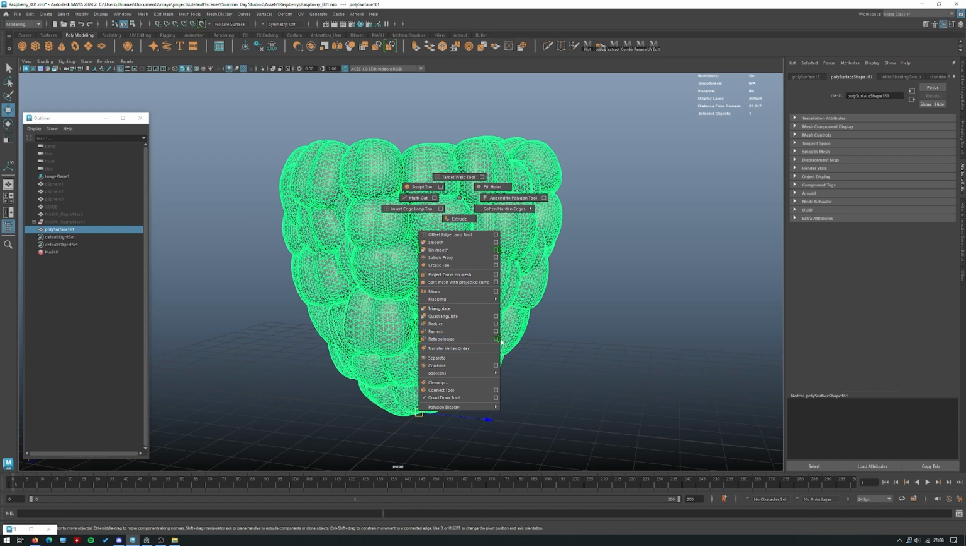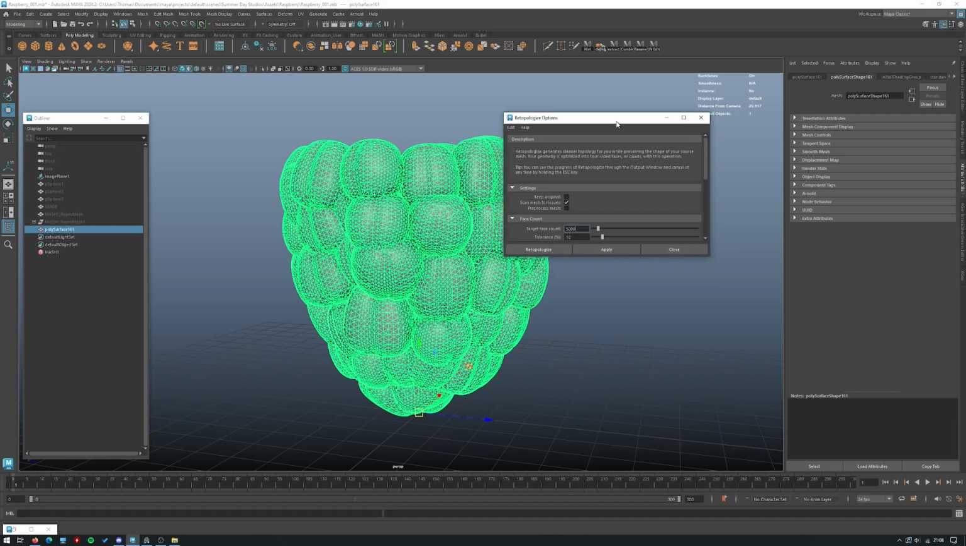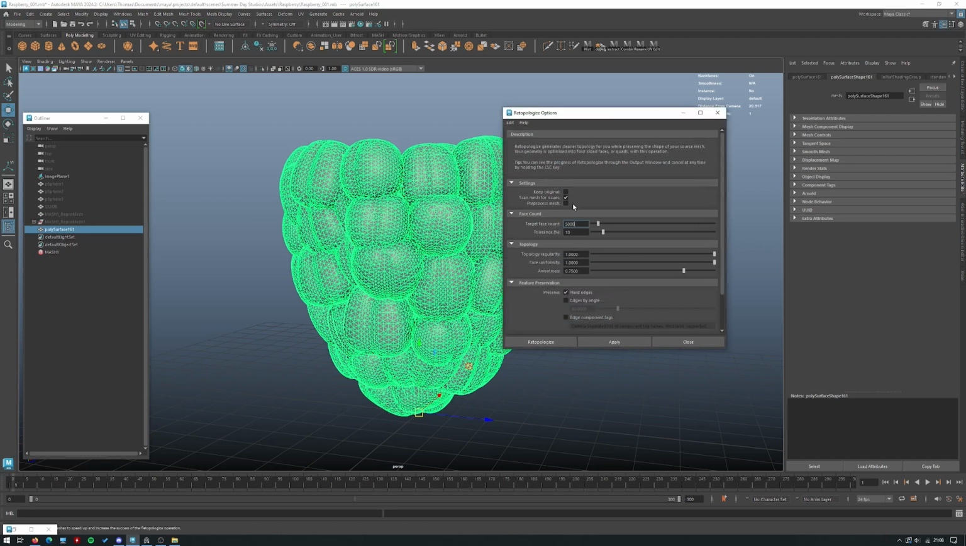For organic stuff, if we just hold down Shift and right click again, come over to retopologize and just release on this box so we can get the settings. What I found that seems to work best for this is I'm going to change my face count to about 5,000. That's just how many polys you're going to have. We want this to be quite realistic, high resolution. Then change topology regularity and face uniformity to 1, and then for preserve, tick hard edges on,